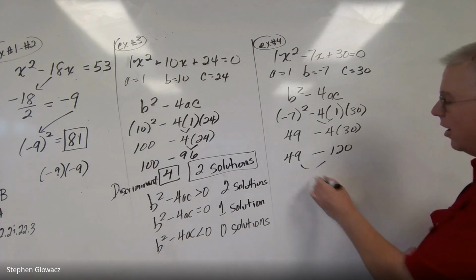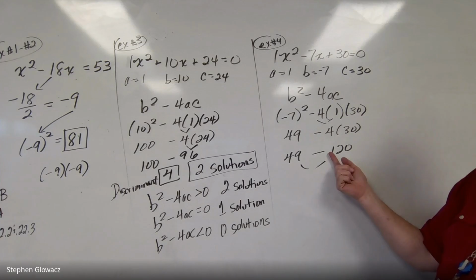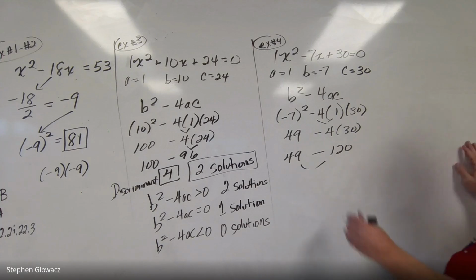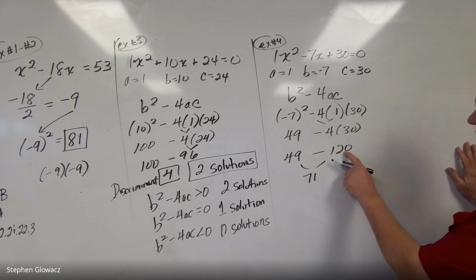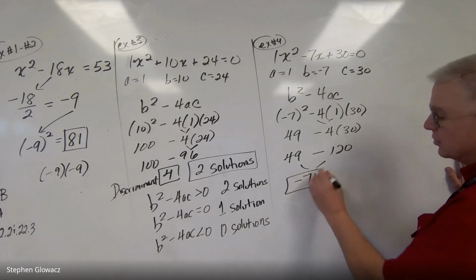Finally, 49 minus 120, we have a positive and a negative, so we subtract the two numbers. 120 minus 49 is 71. The larger number, the 120, is negative, so -71. So our discriminant,